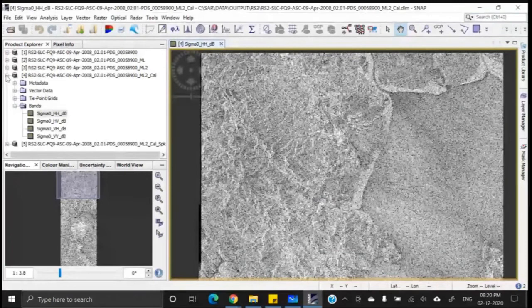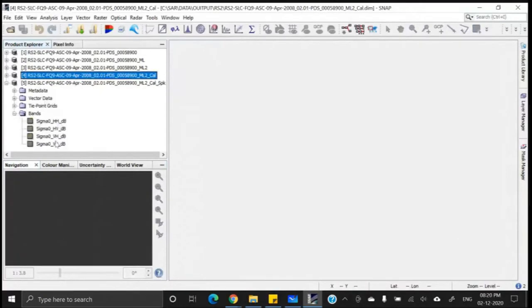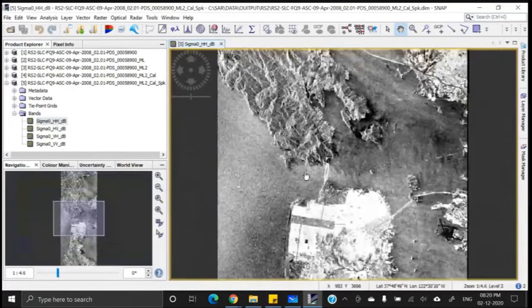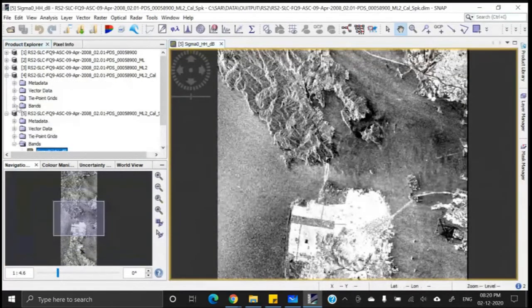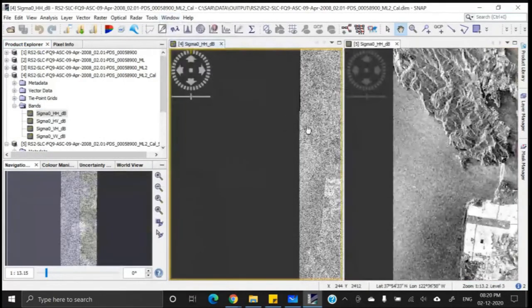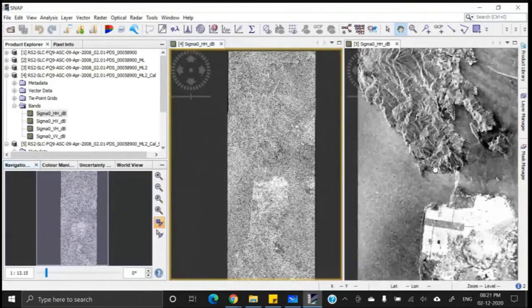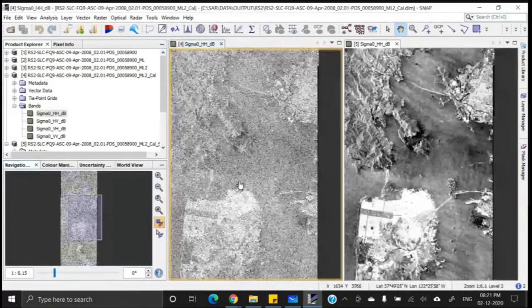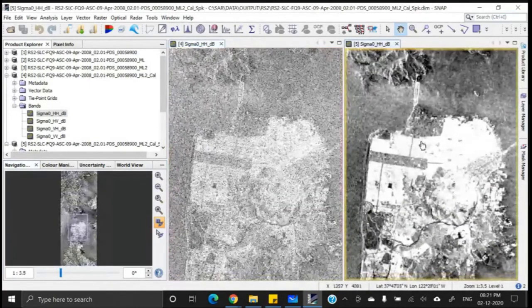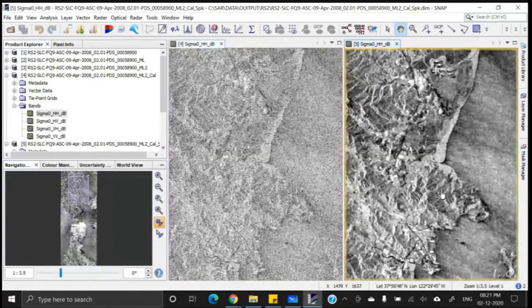So close it and see for the last image. Let us open an image. See the wonderful product. And if you compare the previous product of the same polarization, you will be amazed how it has been enhanced by spatial filtering. Can you see? This is the difference. Okay, it will be processed further.